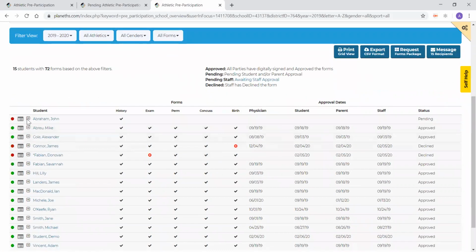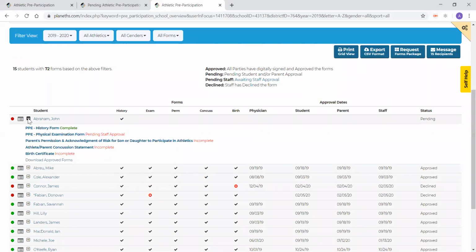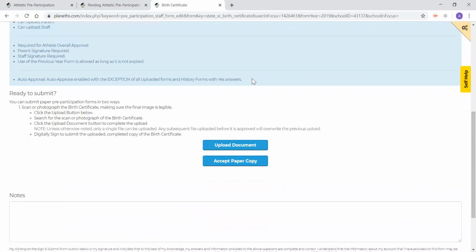The upload process works like this. You click the plus sign to the left of the student's name. We'll look at the birth certificate, for example. As an admin, we see upload document and accept paper copy. Students and parents do not see accept paper copy, but as an admin, we do see that ability